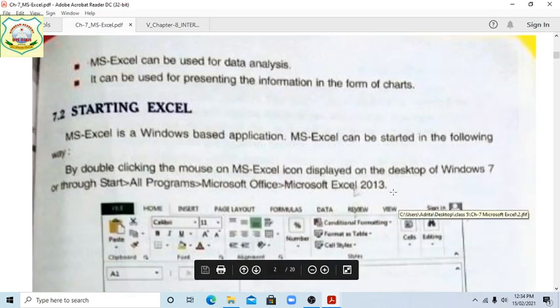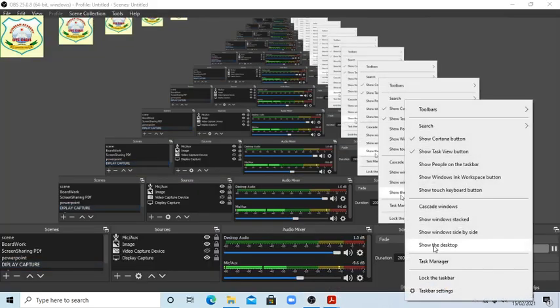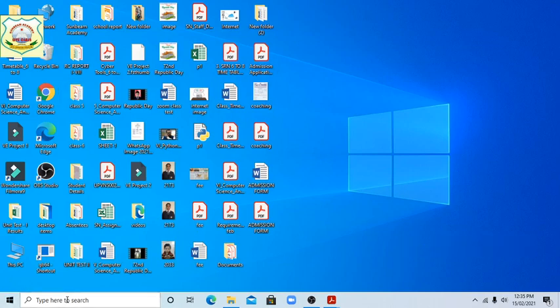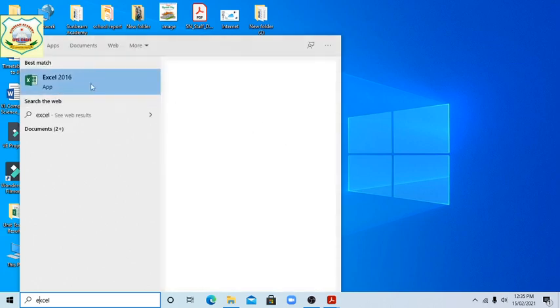So students, we just want to tell how we can start. First go and write Excel. Now I've written Excel. Yes, we have Excel 2016.